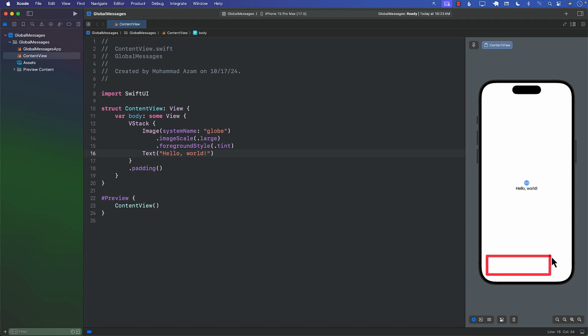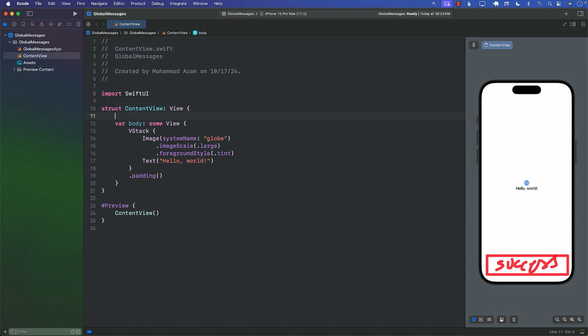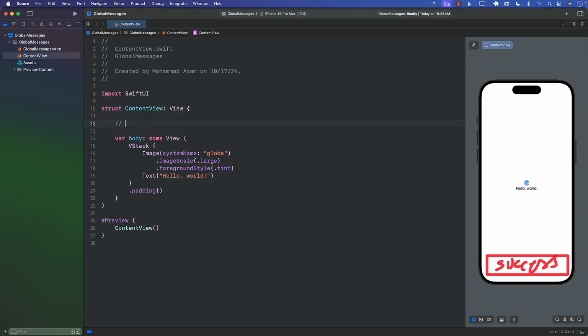Or you can actually display some sort of a success message, like, hey, everything was good and the saving was successful. Now, we can do that in various different ways. But how about we do it in a really nice way, which is easier to use? Something like this. What about if we can just use the environment, get access to something called showMessage, which we are going to build,